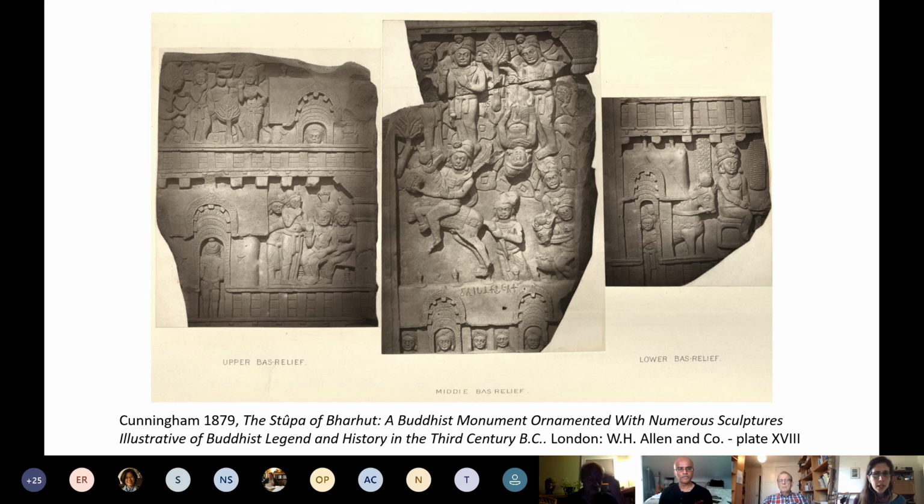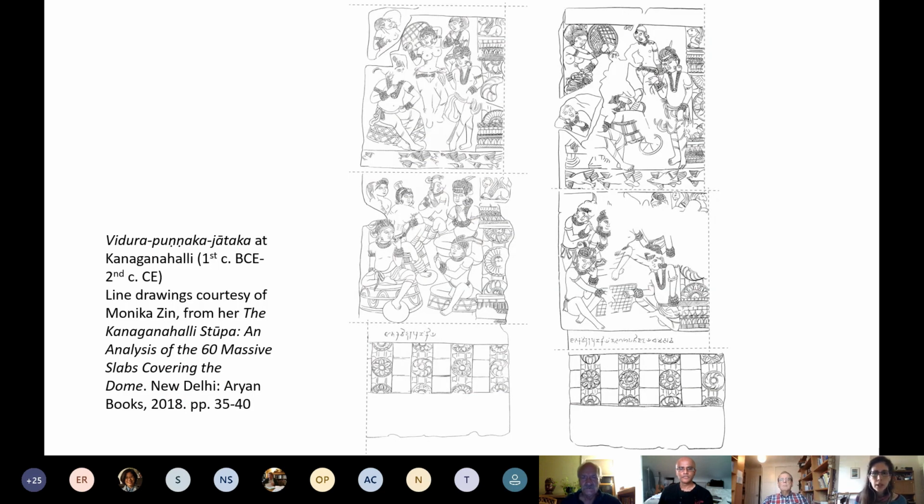The vagaries of titling aside, the Pali collection might be the only extant textual narrative of the story of Vidura in an Indian language, as far as I'm aware. I wouldn't be surprised to find some elsewhere as my research continues. But there's no reason to assume that it's always been the case. And indeed, there is evidence to the contrary, because it is depicted as a visual narrative at various sites in rather different ways. So, for example, in the site of Kanaganahalli in Karnataka, which, as I mentioned earlier, is iconographically